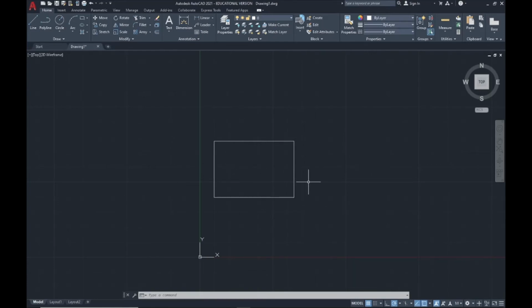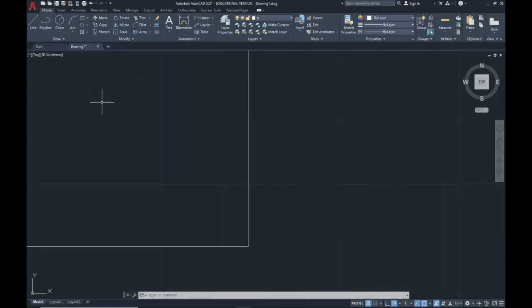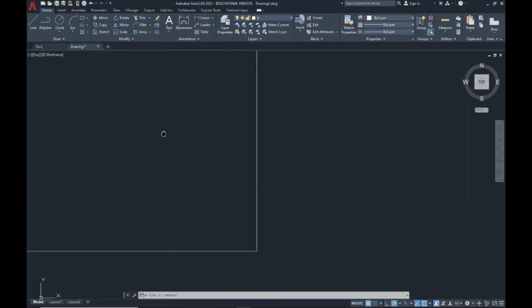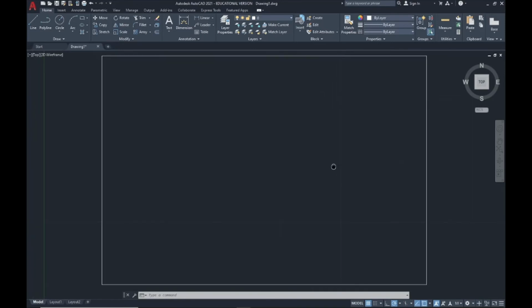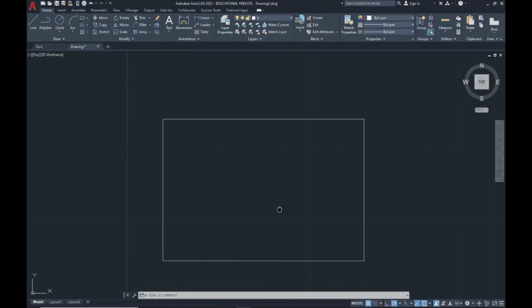Now, let's say my rectangle was off the screen to the left like this, and I wanted to drag it onto the screen. What you can do with that little wheel button on your mouse is you can click and hold it, and you're going to get this little hand symbol on the screen. And this little hand symbol, it's like it's grabbing a paper. That's what it's doing here. It's grabbing your paper, and if you hold and move your mouse, you can actually drag your design or your screen around. So that's all I did there, I didn't zoom in or out, I just grabbed and dragged my rectangle back onto the screen. That's called panning. So we've learned about our zoom button, we've learned about our panning button,